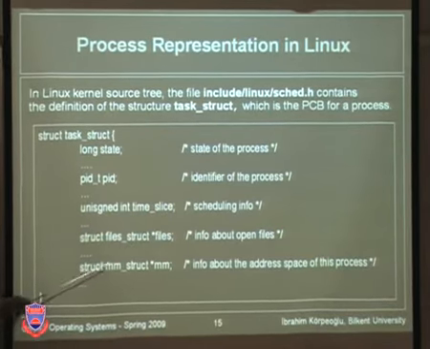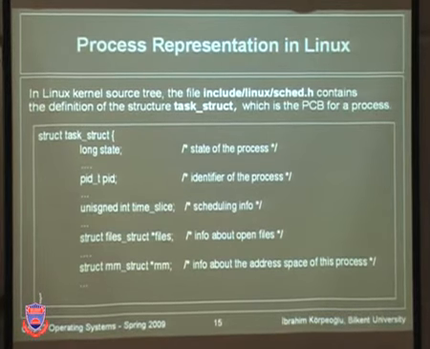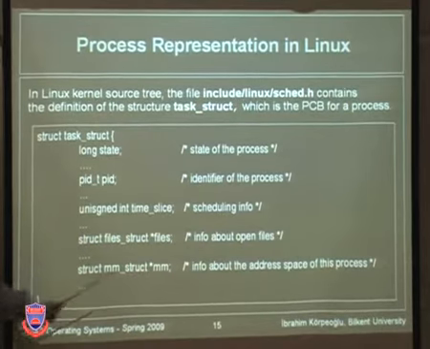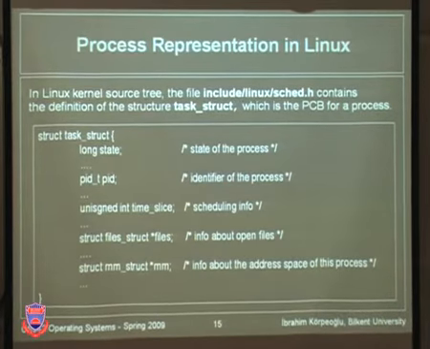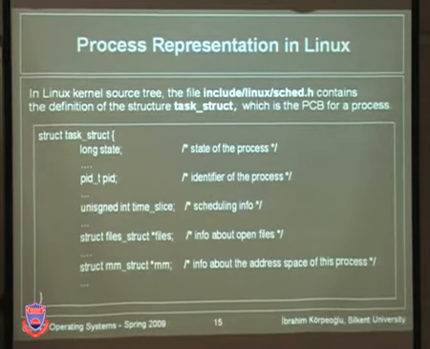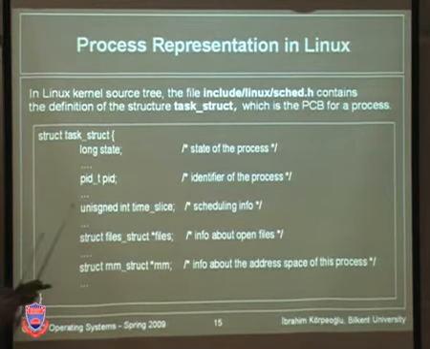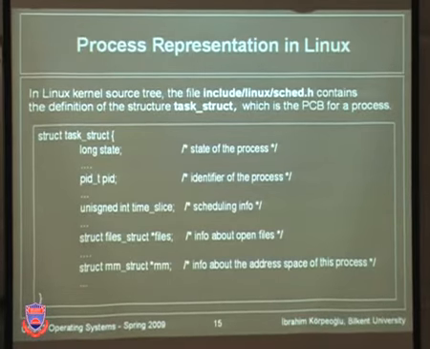All right, and what we can have as additional information in the PCB of a process is the address space information about that process. When a process is created, it also has an address space, a logical memory, which is used by the process for its execution. It includes its instructions, data, variables, and also stack and so on. Each such section or segment of the address space has a size, a beginning address, an end address, and so on. That information about the address space of the process